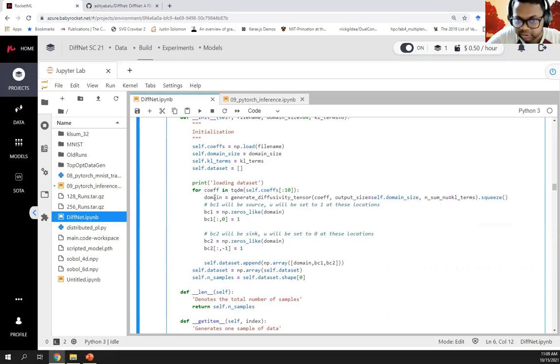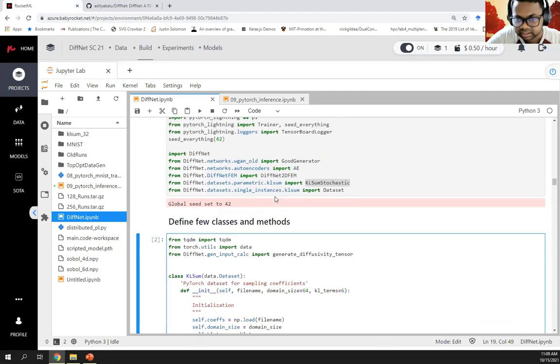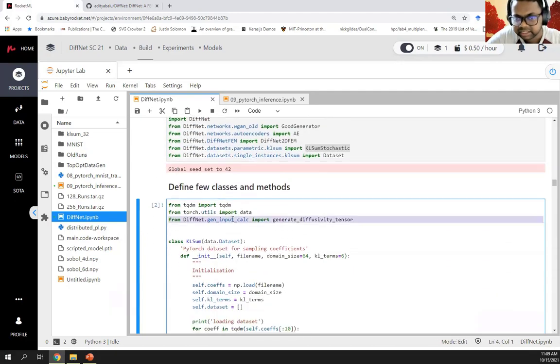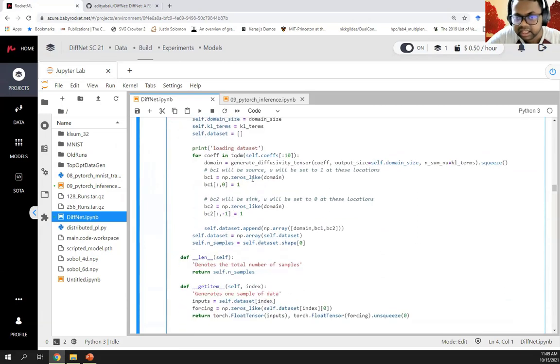Now, in the crux where we define the data set, we define the domain, which is going to be the new values obtained from the generate diffusivity tensor function, which I am importing from the geninputCalc method. And I create two boundary condition locations. These BC1 and BC2 are nothing but masks, which we will be using to apply Dirichlet boundary conditions exactly.